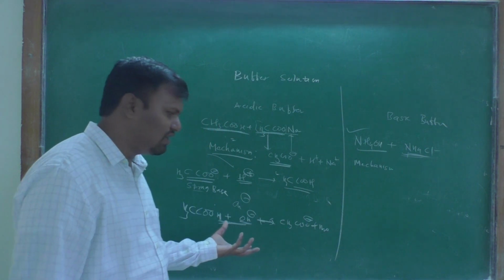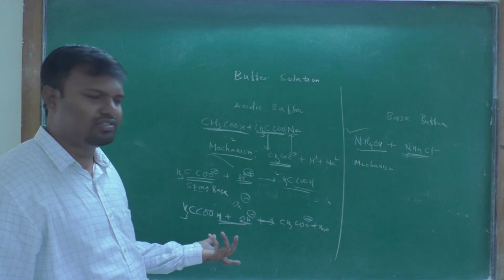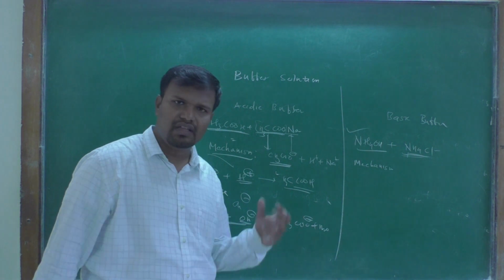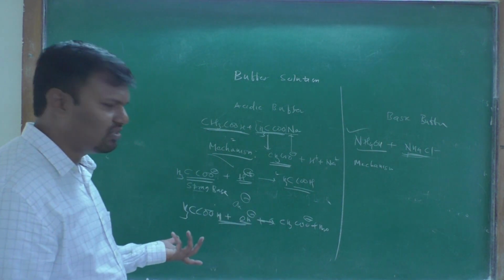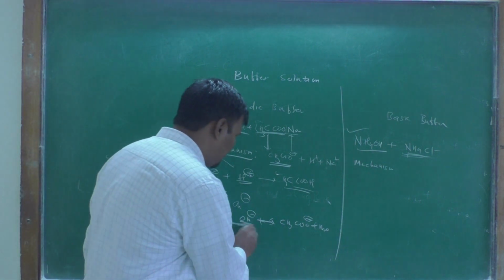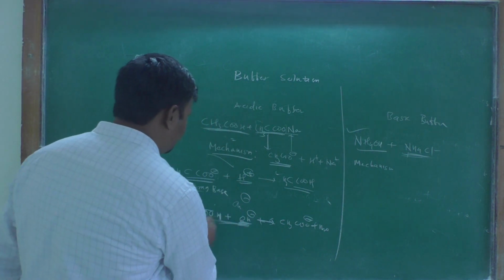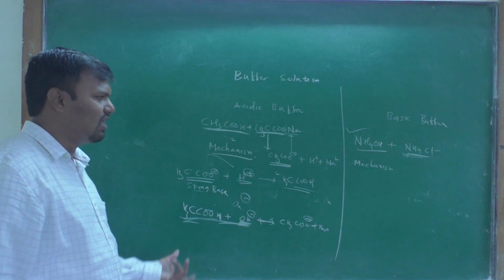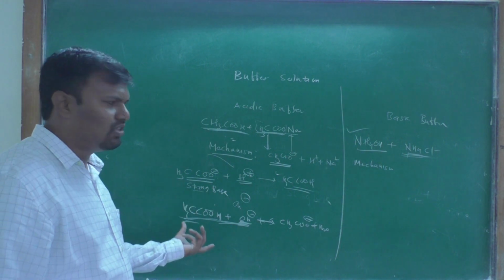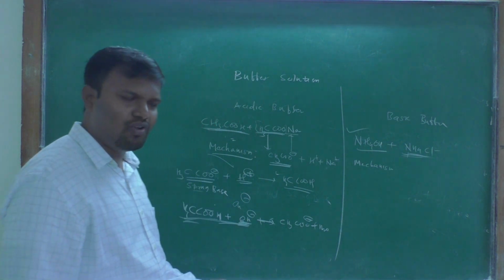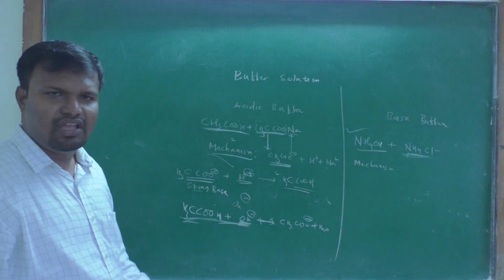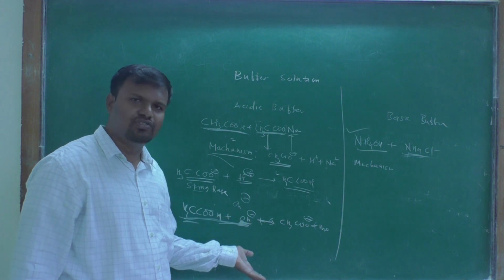Okay, then again CH3COO minus is not acidic or basic in nature. pH is related to the H plus ions or the OH minus ions. Therefore, an increase in OH minus concentration would increase the pH. Okay, but this OH minus will get neutralized by the CH3COOH which is present in the buffer solution. Therefore, in that way OH minus is neutralized and the pH value does not increase, and when you add H plus ions, the pH value does not decrease.